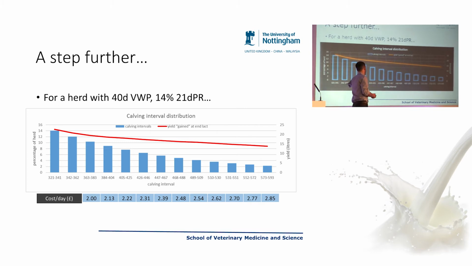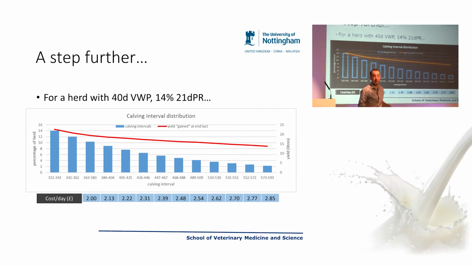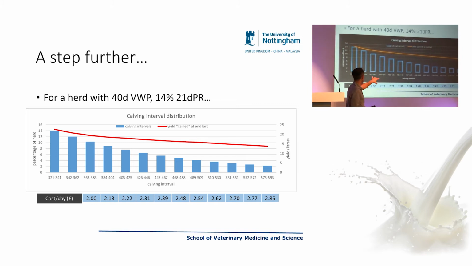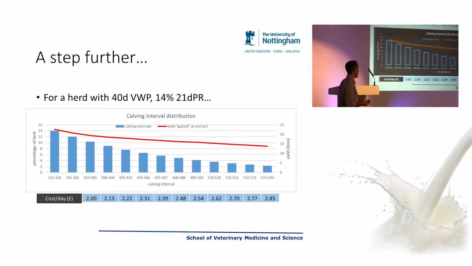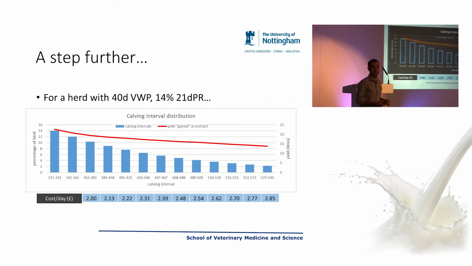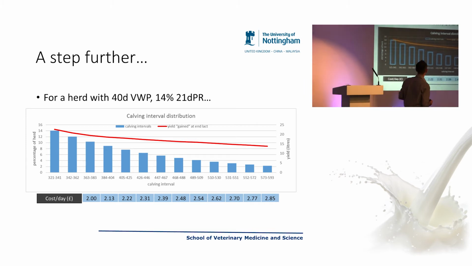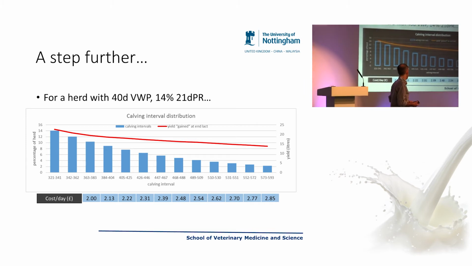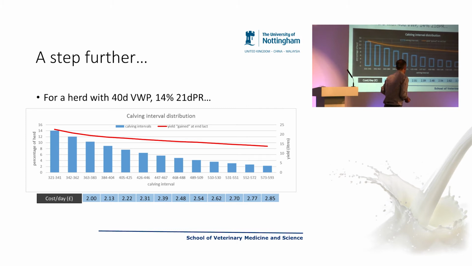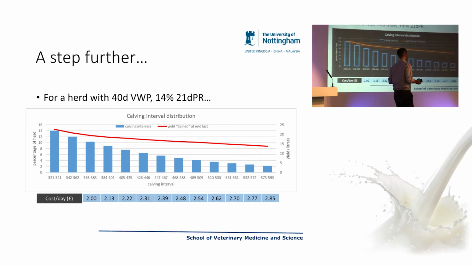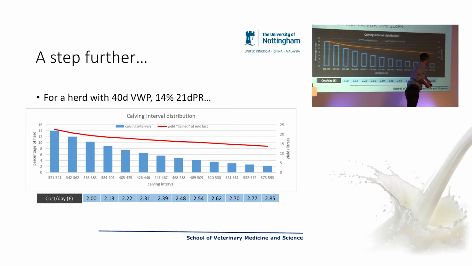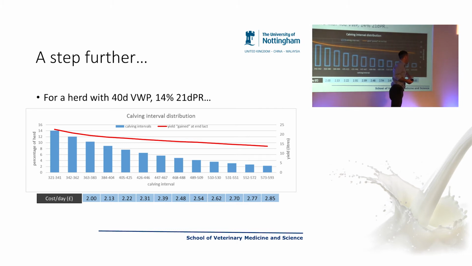So cost will step up with each 21-day block that we look at. And you can use that curve to estimate cost for each period there, and then have a much more realistic, accurate estimate of what the fertility costs are for this particular herd. So again, as a conservative average, we might be getting up to figures of roughly £3 a day out at the tail end here,